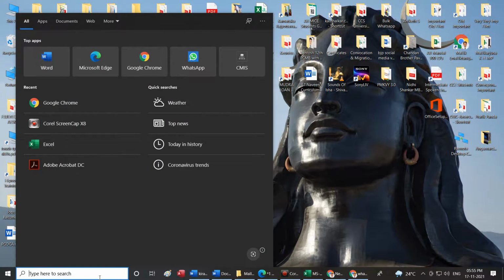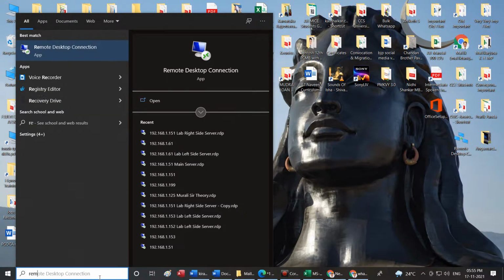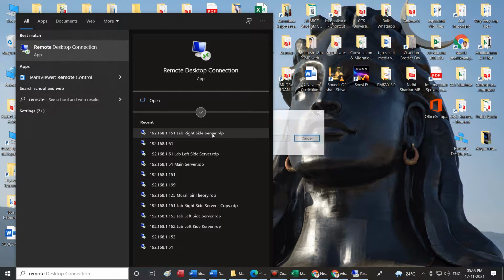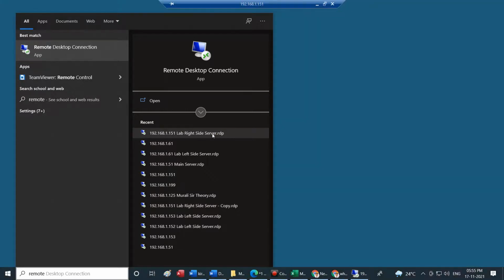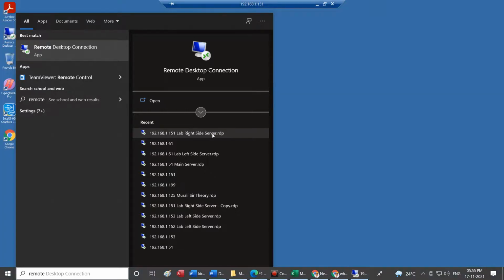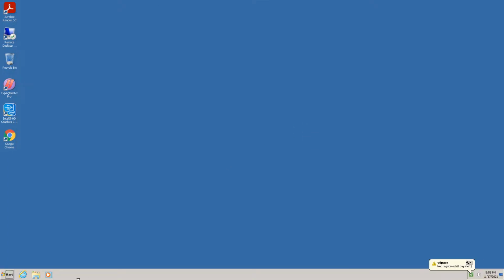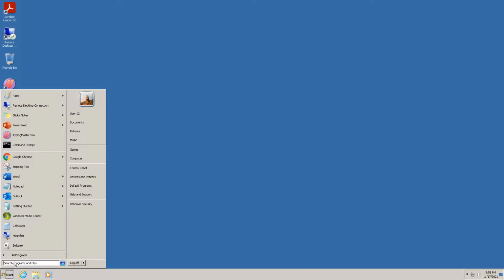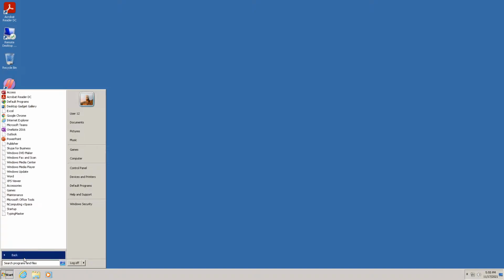You're working there in Windows 7. If I'm logging on to your system there, either on the left side or the right side, applications may vary. On the left side server, you may find CorelDRAW, graphic designing software. On the right side, you may not find. I'll just go to start. Here are my programs. I'll go for all programs here. Because it is Windows 7, it is quite different.